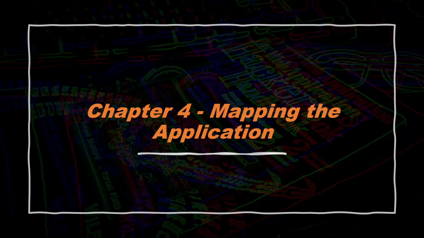So without wasting any time, let's get into chapter 4, that is mapping the application. The word mapping the application literally means to map the application and understand the application flow, functionality, and its content. It basically means we're trying to identify the content, the directory, as well as the parameters and how the application actually works. This helps us as an attacker or as a pen tester to understand the application flow and perform the attack on the basis of the scenario.